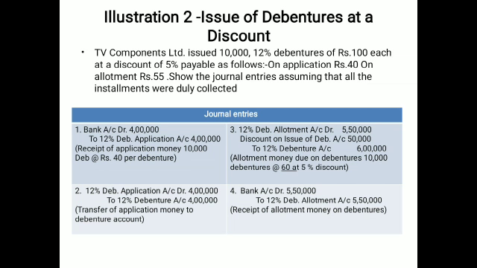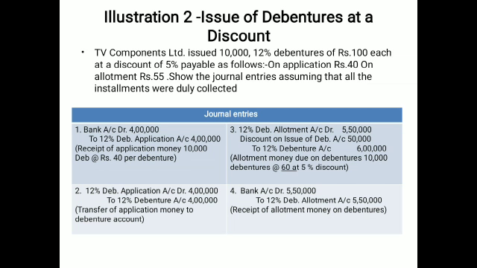So every time you have to apply this on the face value. Now it means the face value is 100, and the receiving amount is now 95 after discount. So the application money is 40, and the rest, 55, is received at the time of allotment, meaning the 95 is received. But when you are entering the debentures, you have to enter them with the face value 100. It means with the application the debentures amount will remain 40, and with the allotment it will remain 60, including discount.